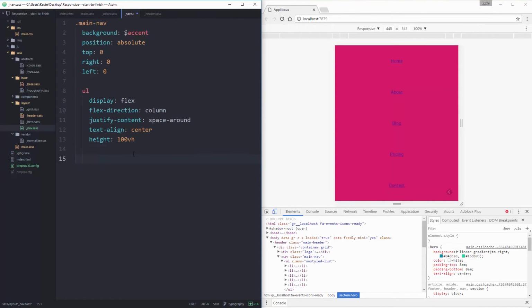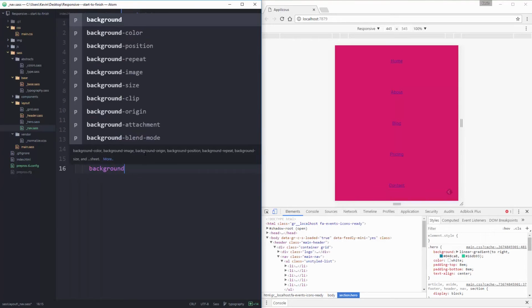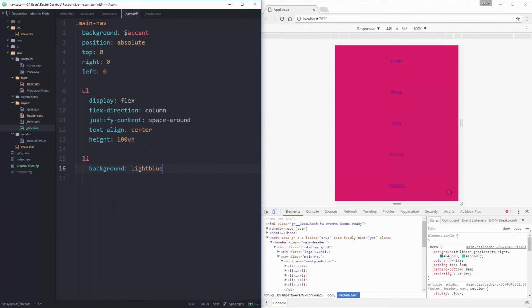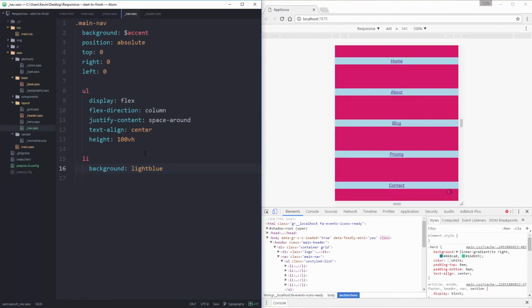My LIs, I'm going to need a few properties. So let's come in here and say my main nav LI. Let's just give it a background of light blue, because I'm curious. Yeah, that's what I thought it was going to look like. So that's okay for now. I want these to fill up the whole space available to them. I don't want them to be really narrow with this really big space in between. I actually want them filling up that whole space,